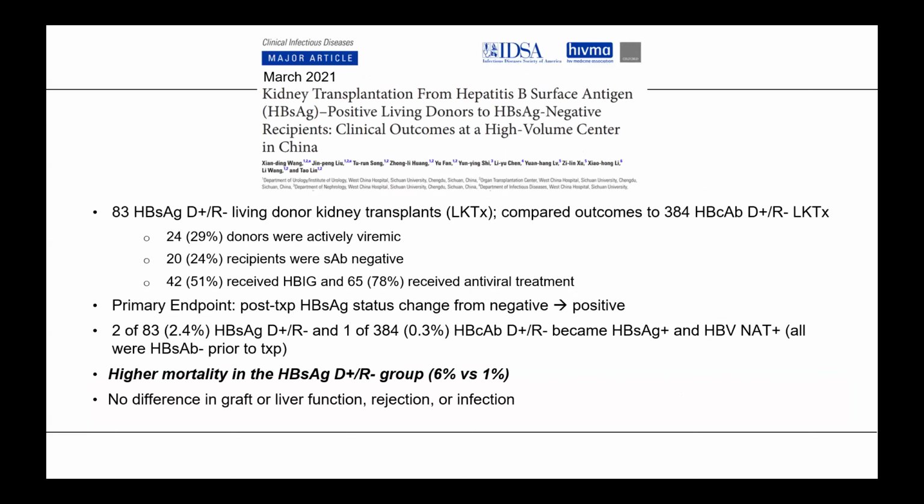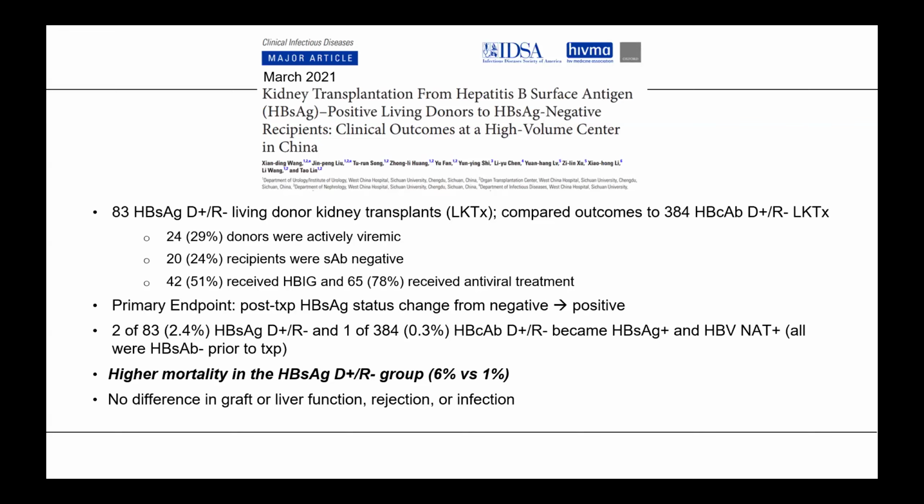So we have multiple case series that are coming out now that are looking at this. I want to highlight this one from March of 2021. This was in our kidney transplant recipients. We have to be careful with all our hepatitis B data that is out there, because it's often mixing apples to oranges in terms of not all the donors are both surface antigen positive and NAT positive. Some are a mix of those.